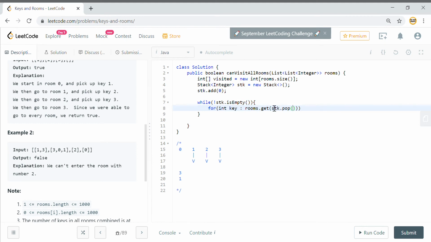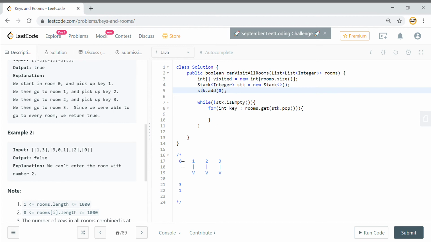I hope this is pretty clear because this is the core logic that will be implemented. I will explain it one more time. So 0th room is open for me, so I will add 0 here. I will go to 0th room and I will get all the keys from that particular room. Okay, so this for loop will give me all the keys that are present in 0th room. Now next what I need to do is, whatever key I got, I need to add it in the stack because I need to visit those rooms and then see which keys that particular room contains.